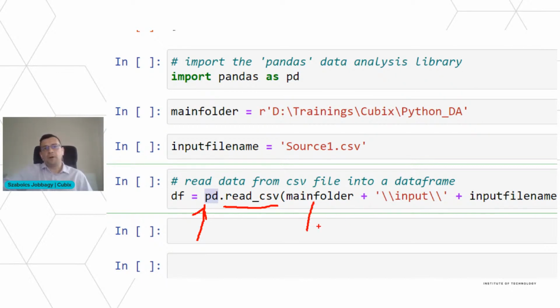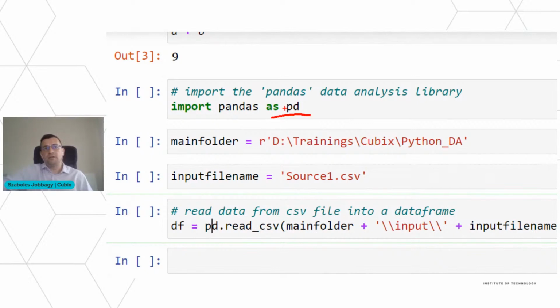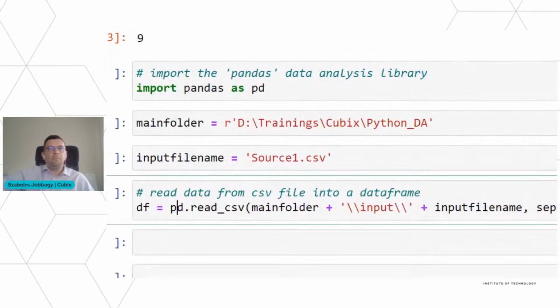And then these are the parameters here. If I don't use the alias here, the pd, then I would have written here pandas.read_csv. Okay, and you can see that in the main folder,